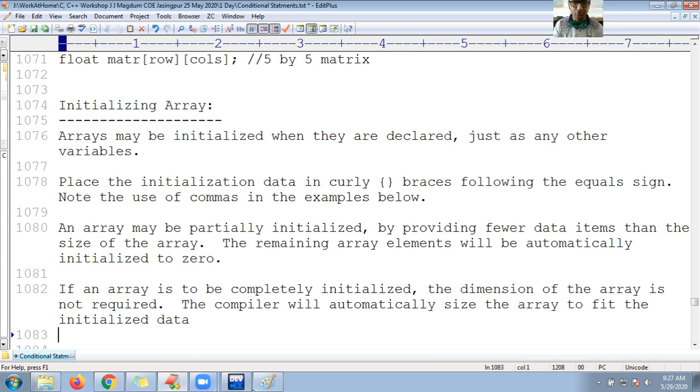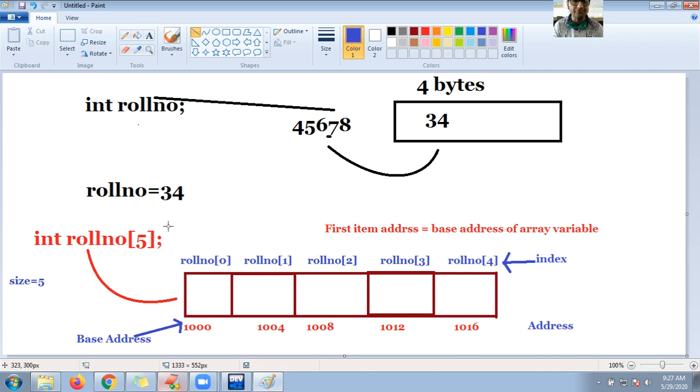Guys, if you look at the example, I have assigned the value to this variable, the normal variable. Initially I created the variable roll number. Memory space is allocated into the memory location, and its address has been pointed to by the roll number, but there is no value. When this roll number is initialized with the assignment operator with 34, what happened? This empty memory location has been filled by the value 34. Right. So now in a similar fashion, roll number has been declared.